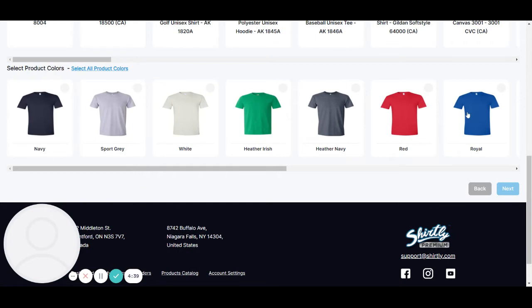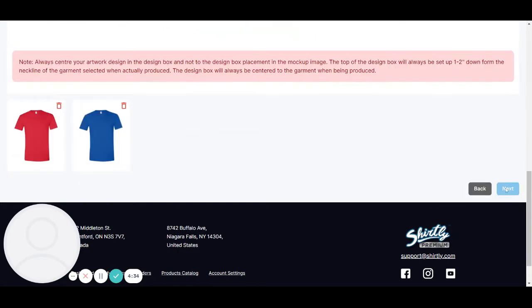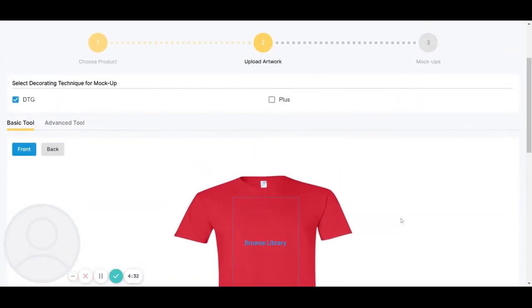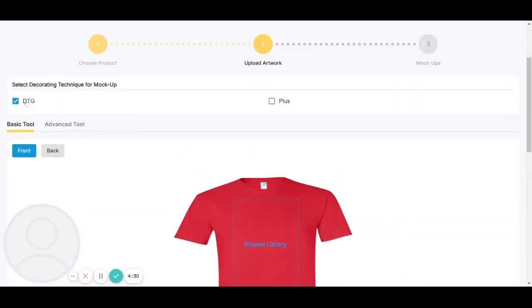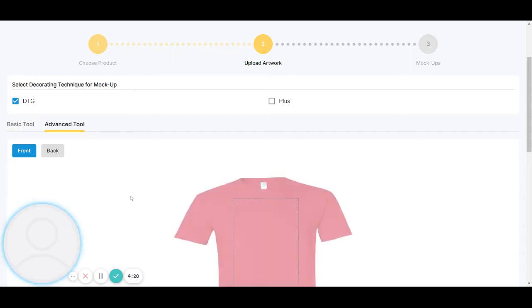We'll select a couple colors. And then from here, if you toggle up or scroll up, you'll have your decorating methods that you can select. You have the basic tool, which is the tool that you are used to using with Shirtley. And then now we have an advanced tool feature. So if you select on the advanced tool feature,